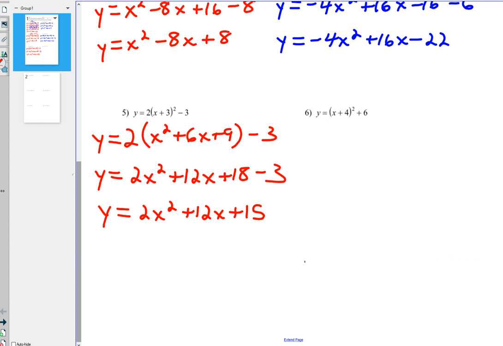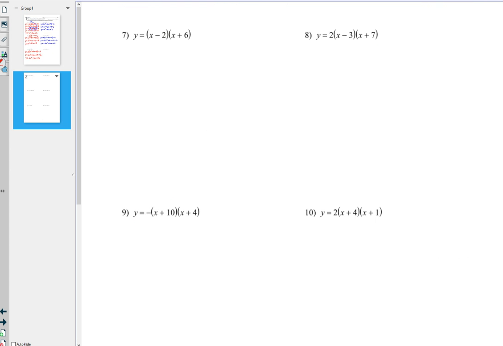Okay. All right. Well, on the second page, this is the form that you have the least exposure to. We never really use this for graphing. And this is what they call intercept form, but what did I tell you we can also call it? Factored form. Now, the reason why they call this intercept form is because if I were to get the y and make it equal to 0,